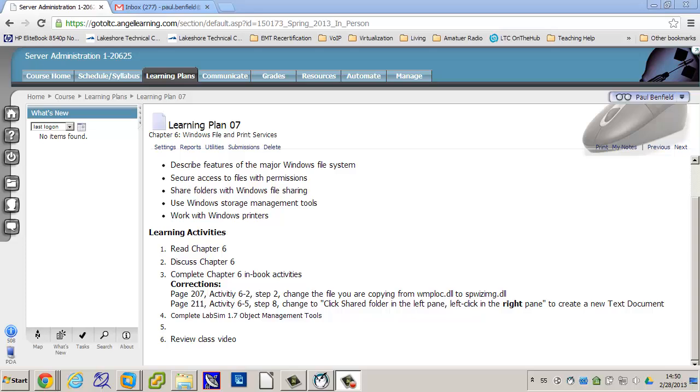On the bottom of page 203, it introduces the NTFS file system. A couple of things introduced are disk quotas, volume mount points, shadow copies, file compression, and encryption, all things that we'll be covering in class. And of course, the largest aspect is dealing with security itself. Who can have access to what? And just the complexities of that are enormous. It's an introduction to it. We go through it, and we get to play with it a little bit more in other chapters.